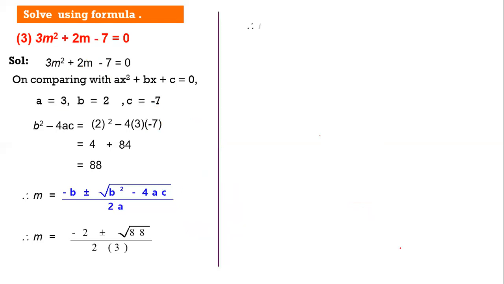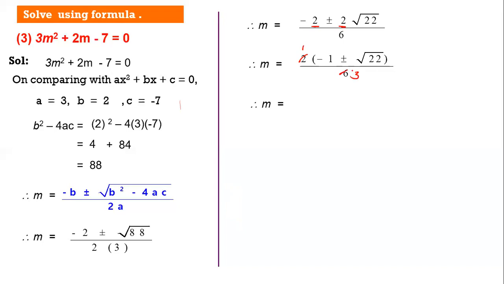Okay. Now we know that m is equal to minus 2 plus minus 2 root 22. Just now we understood why root 88 is 2 root 22 basically. Now students, let us take certain things common. As I told you in the previous sum itself, try to take something common. Now I can see 2 here. If we take 2 common from both the terms, there is nothing left, so 1, and there is a minus sign, so minus 1. Plus minus root 22 as it is, and 3. Let us cancel this. 2 1s are 2, 2 3s are 6. So m would be minus 1 plus minus root 22 upon 3.